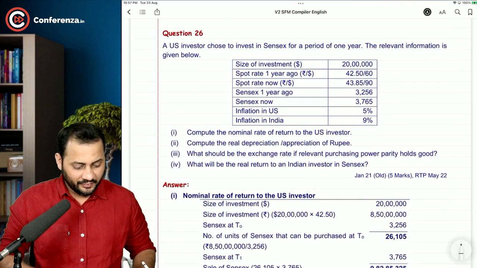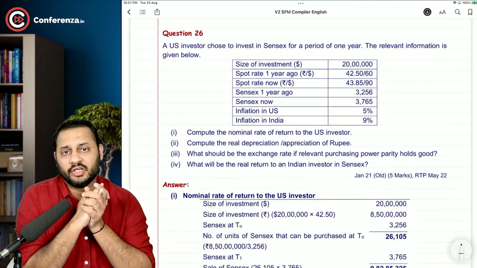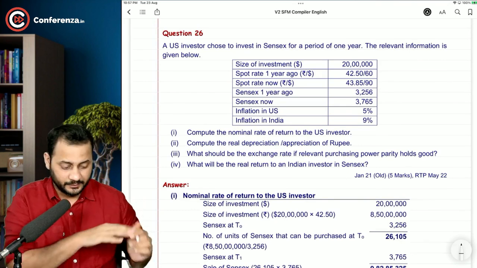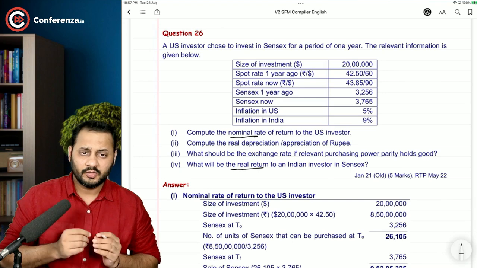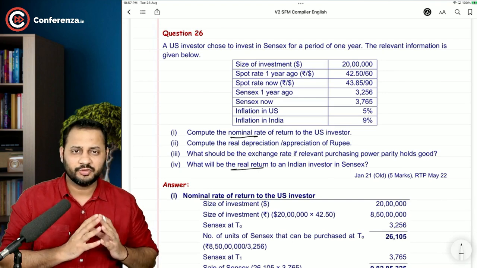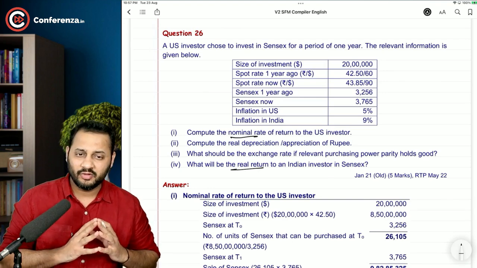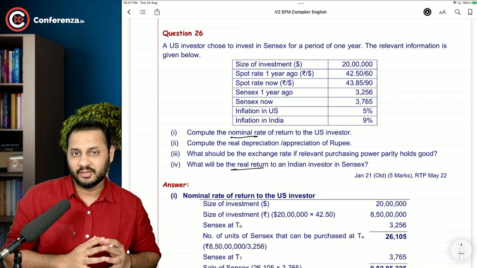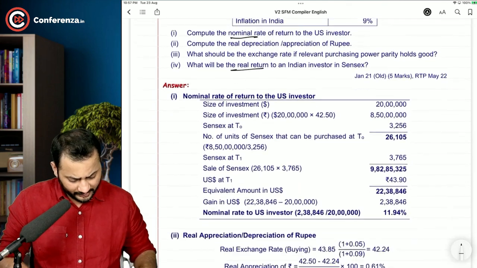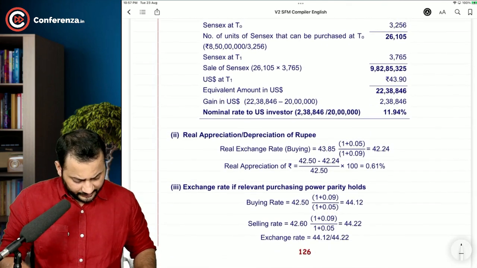So this question number 26 had some concepts from the International Financial Management chapter regarding the nominal rate and the real return. Half of the question can be solved now, but for the rest of the half, we will need an understanding of that nominal rate of return. What we can do now is, let's complete